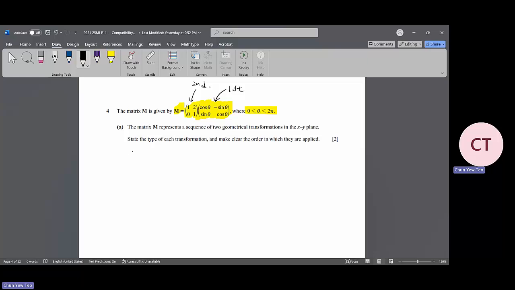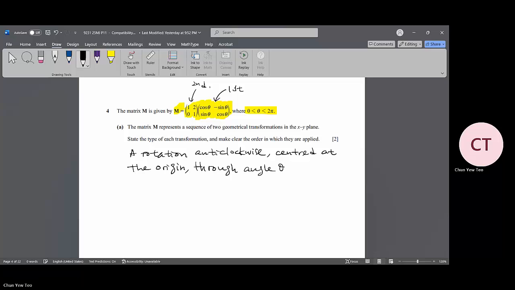So the first one is a rotation, anti-clockwise, center at the origin, through angle theta, followed by this transformation. This is a shear, followed by a shear with x-axis fixed